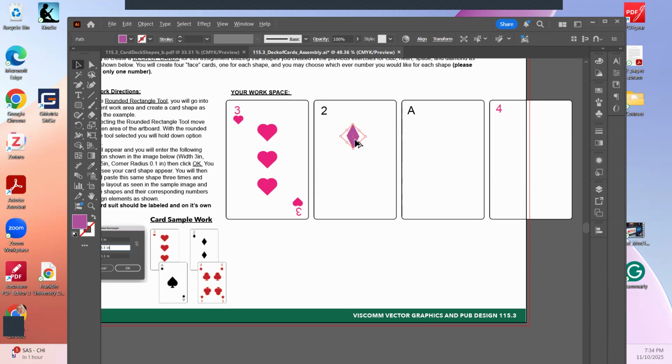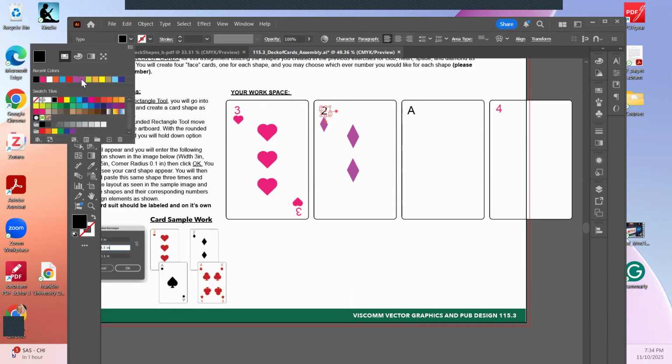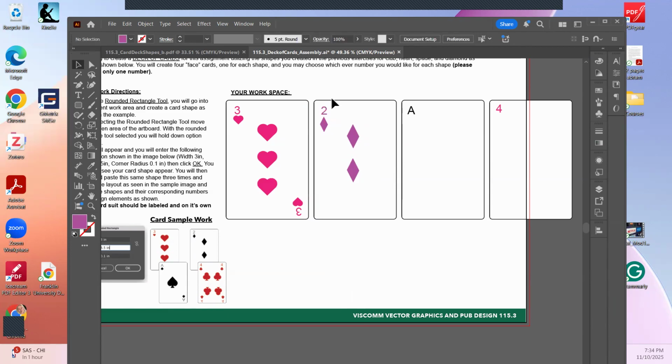Then I'm going to hold down the Alt key and select and make another one. I do need to also make the diamond that's under the 2, so I'm going to select Alt and I'm going to hold down the Shift key and I'm going to readjust the size for that one. I'm going to pick it up and put it under the 2. I'm actually going to change that to purple just because I can. And now that one still looks a little bit big, so maybe